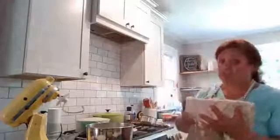So just cover it over. You can use a tea towel. You can put a piece of saran wrap or press and seal. If you're going to do that, you might want to spray it a little bit first, because as it rises, it may stick to the press and seal of the saran wrap, and then you'll lose some of that dough, where if you spray the surface that's going to touch the dough, it'll be much easier. So I'm going to put this off to the side,